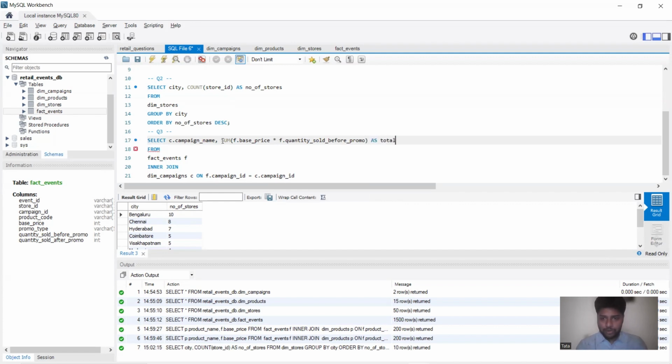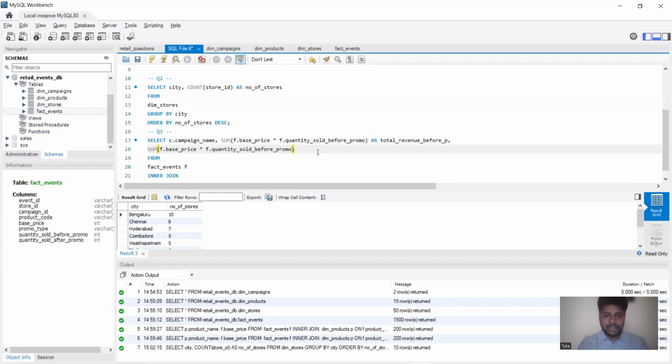So this is your total revenue before promo. I'm going to write just as P. And similarly, I'm going to write this thing, pressing enter for the sake of simplicity and readability of the code, as total revenue after P. So this is where you have written, and here I'm going to change the